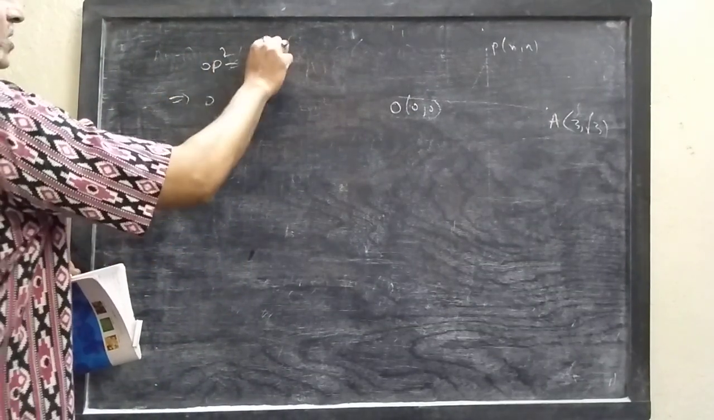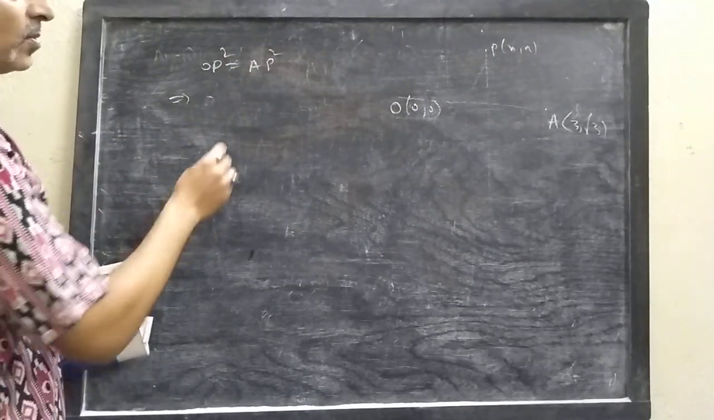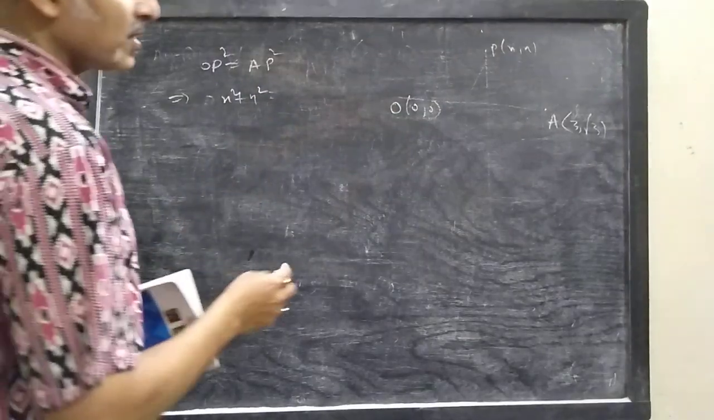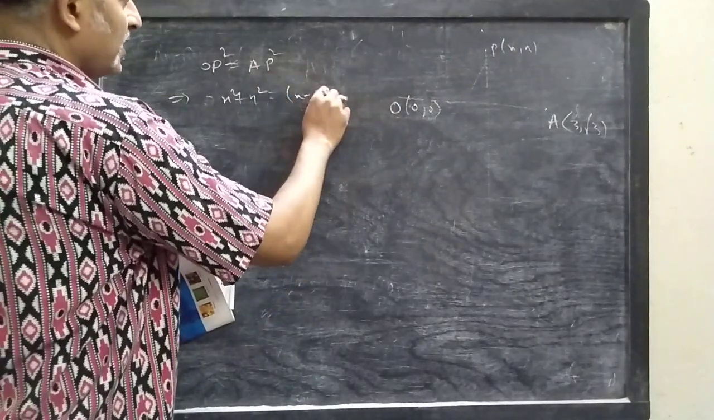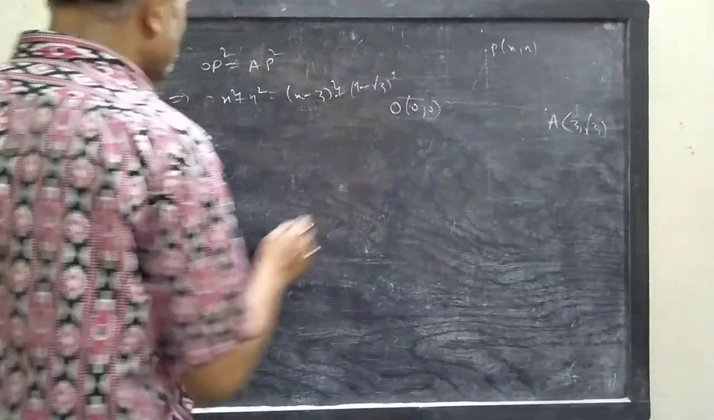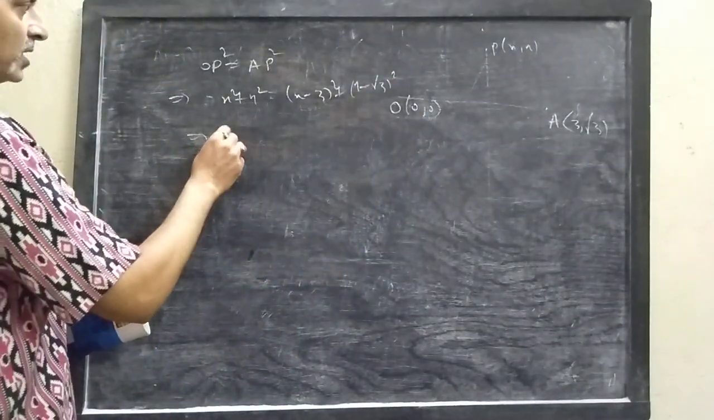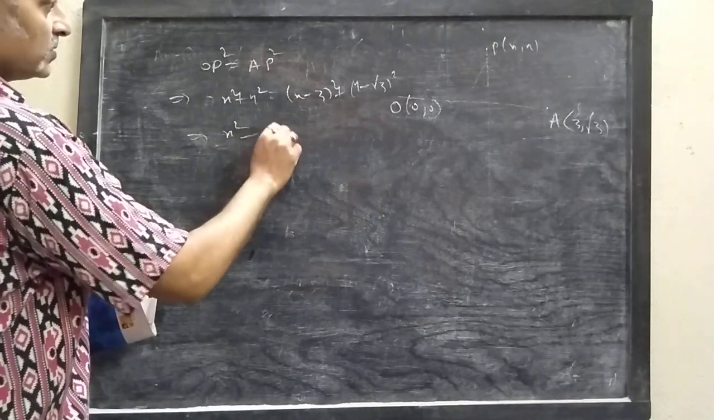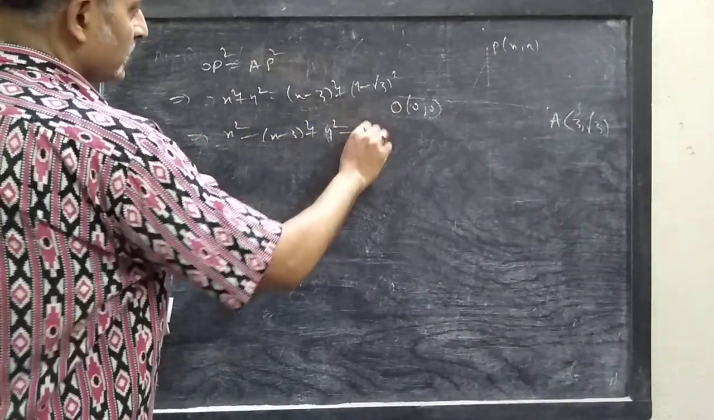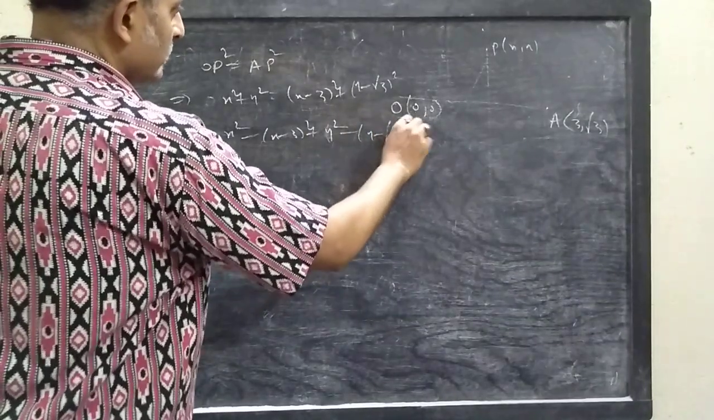That implies OP square equals AP square. What will be OP square? This is x square plus y square. What is AP square? This is (x minus 3) whole square plus (y minus root 3) whole square. Now you get x square plus y square minus (x minus 3) whole square minus (y minus root 3) whole square